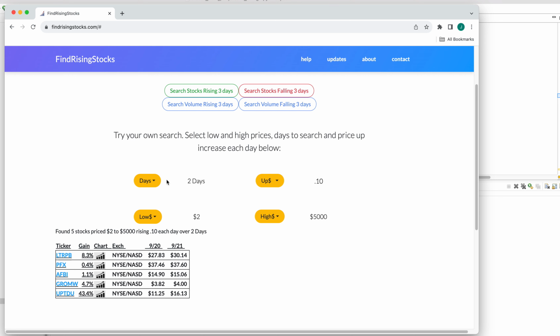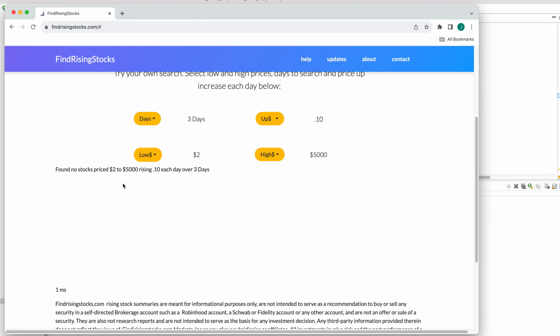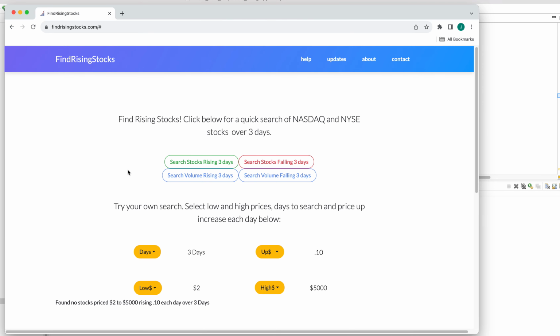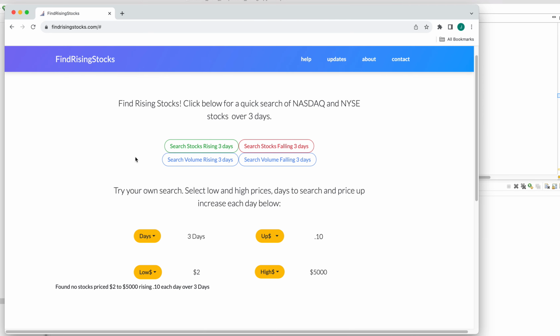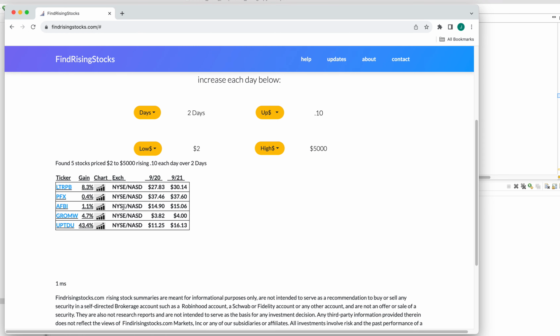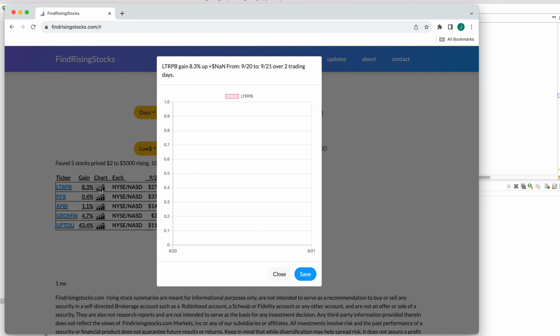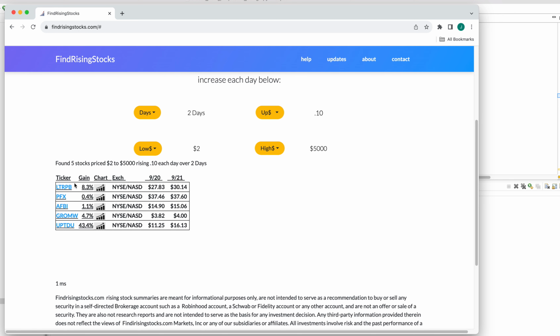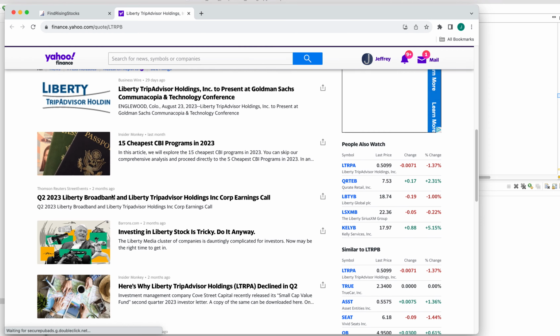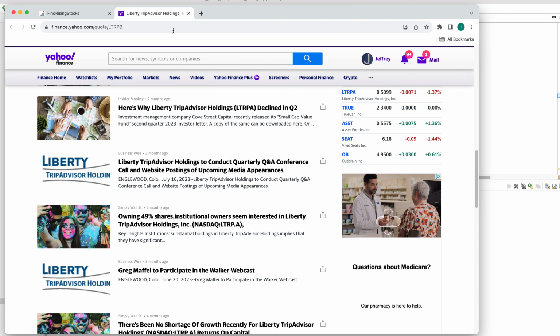Let's check now for 3 days here and see what happens. In 3 days, there's nothing, so I can't believe the market was that steady. Sometimes when this program does this, I wonder if the program's broken or something, but well, there it is. And go back to 2 days here. You can look at the chart on this thing. Okay, and you can click on this and get the Yahoo ticker and see what this thing really is. Do some research on it. All right, let's go back and check our